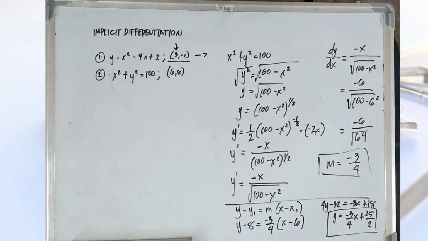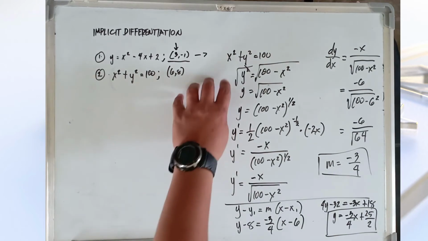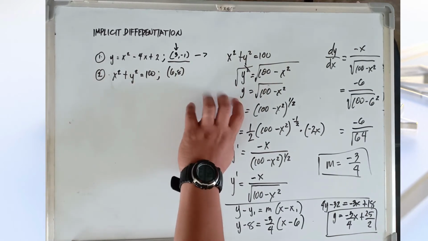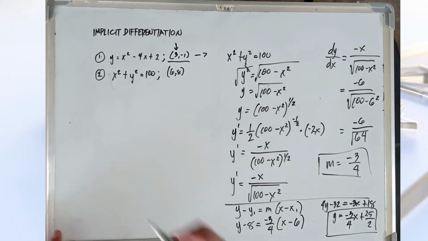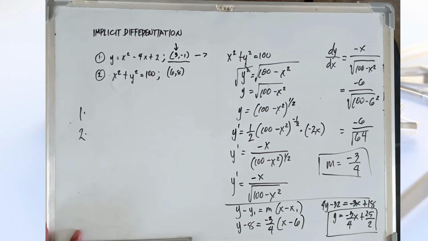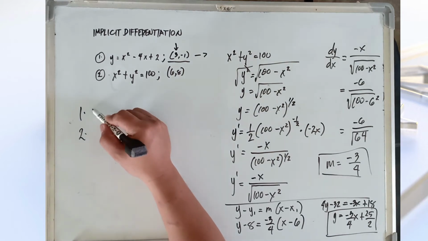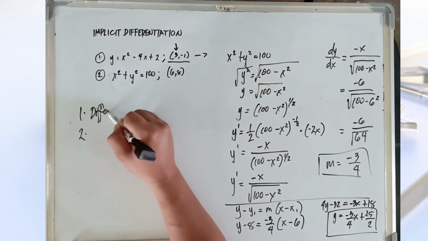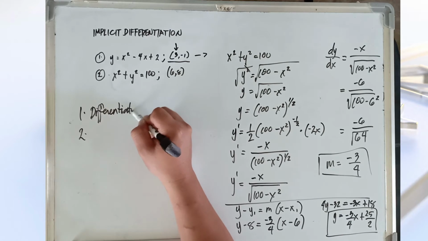Now, there is another method in solving for the first derivative in the second problem. It is called the implicit differentiation. In this method, there is no need to write the equation in the form of y is equal to f of x here. Here are the steps. So there are 2 steps in doing implicit differentiation. First is differentiate both sides of the equation. Let's write that. Differentiate both sides